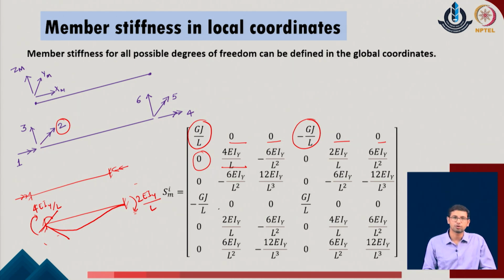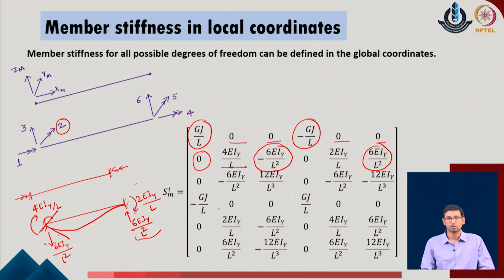And once we get this value of the moment, we can get the value of the reactions in the given system in the vertical direction, and they will come out as 6 EIy upon L square, and this one will be again 6 EIy upon L square. So, this one is negative, which is at node 1, and the second one is positive, which is at node 2 or node k of the given system. So, with these values we can evaluate the response of the given system.